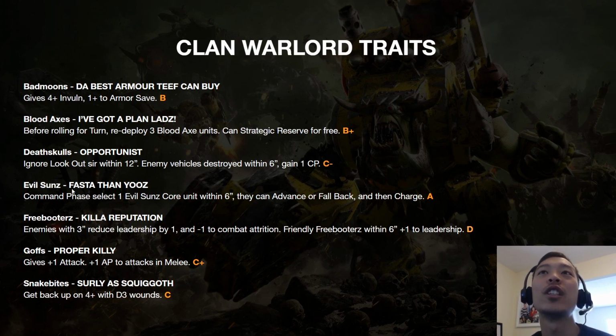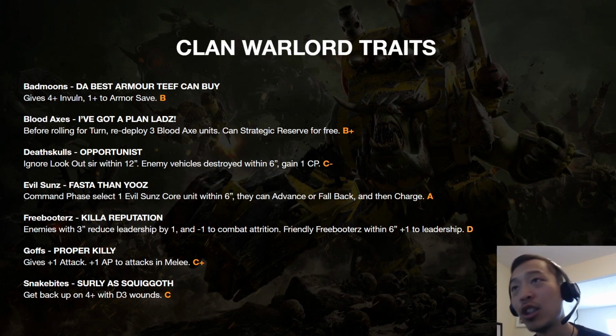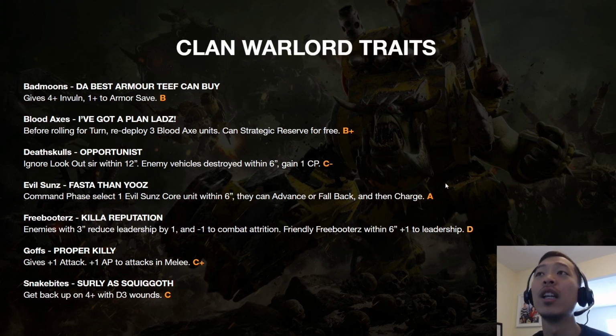Next up, we've got the Evil Sunz' Fasta Than Yooz. In the command phase, you can select one Evil Sunz core unit within 6 inches, and they can advance or fall back and still charge. So they can advance and charge or fall back and charge. This is an A. Mobility is huge in ninth edition,